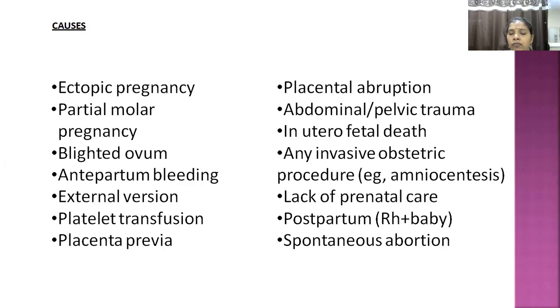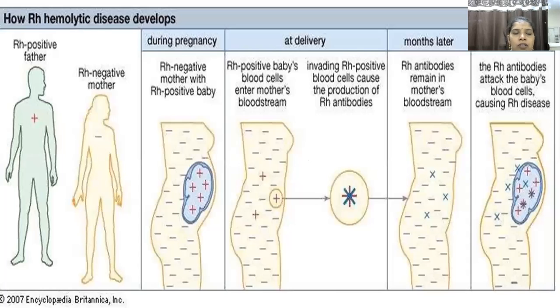Anti-D is lacking in an RH negative mother, so antibodies are produced when she comes in contact with D antigen. So this is how we see an RH positive father and RH negative mother, so an RH negative mother with an RH positive baby. Sometimes the baby might be RH negative. There is no problem when the baby is RH negative: there are no antibodies in the mother, and the same blood group, so the mother won't develop any antibodies.